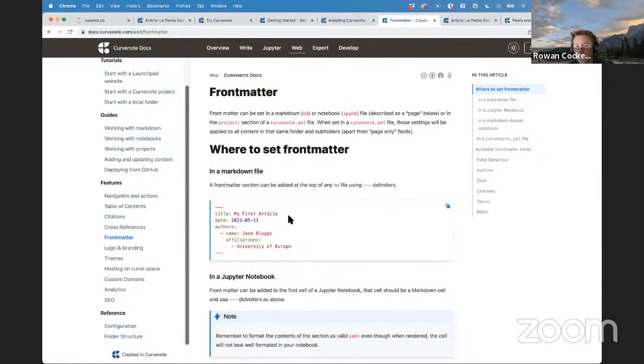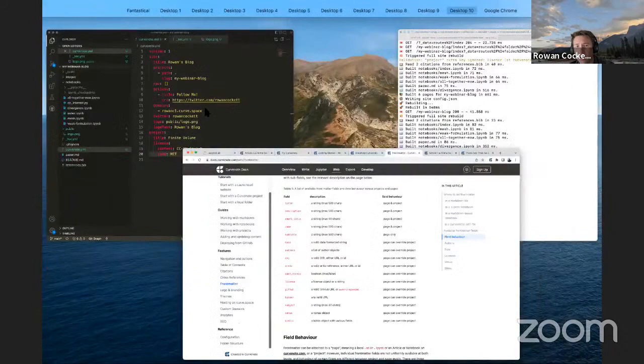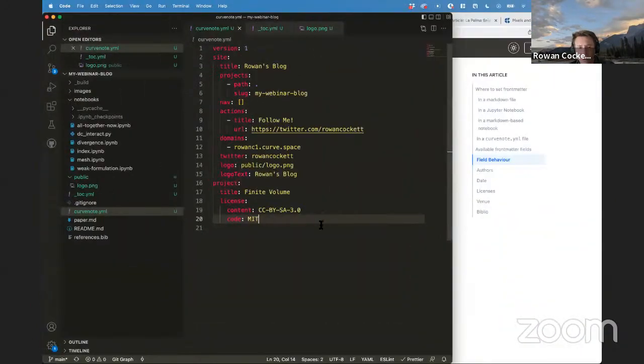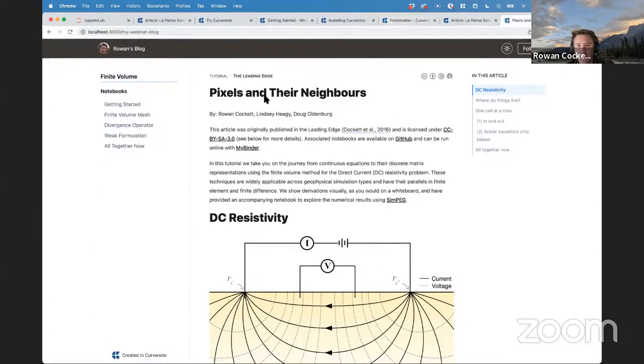There's a number of other pieces that we can add here: the title, short title, the date, authors, DOI. I definitely want to put that DOI on there, as well as the subject and the venue. And so I'm going to add a few more of those. In this case, the subject is a tutorial. And the venue, which is where this was originally published, is the Leading Edge. And I'll save that and show you what that looks like. And so that's starting to look